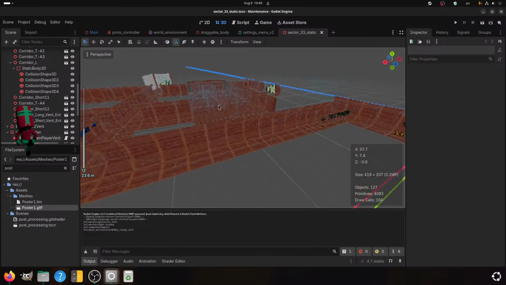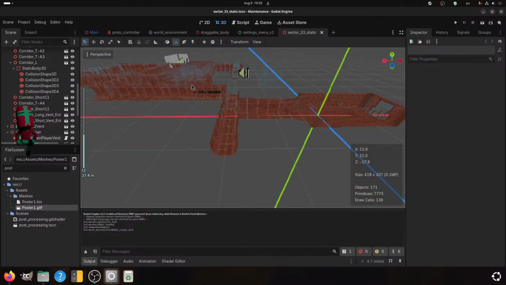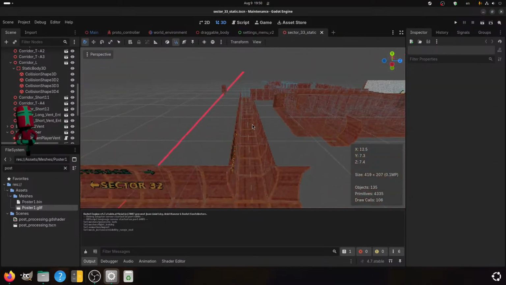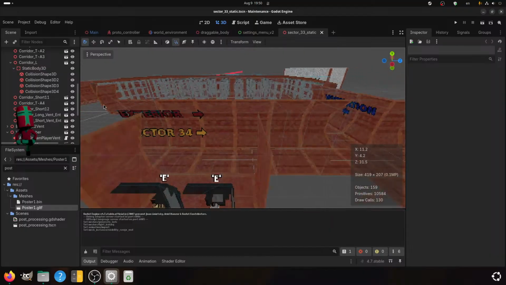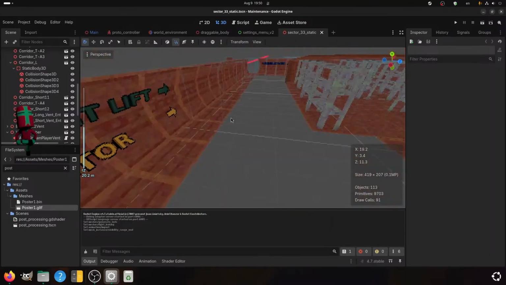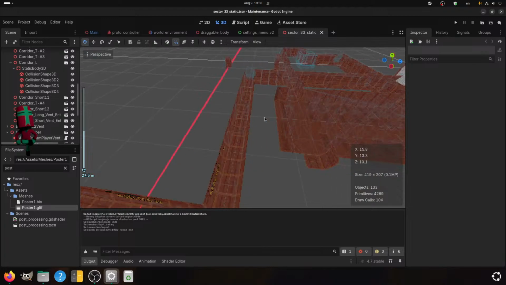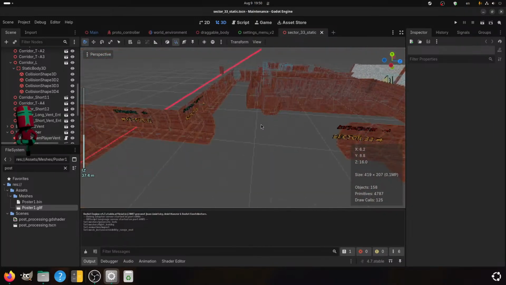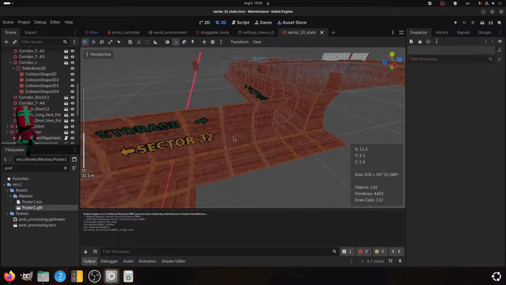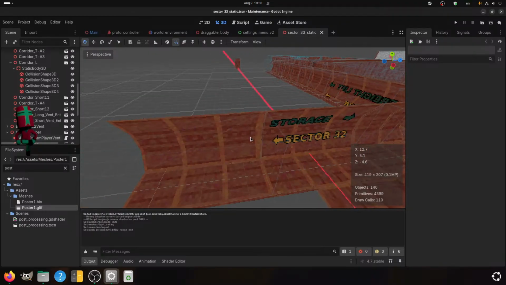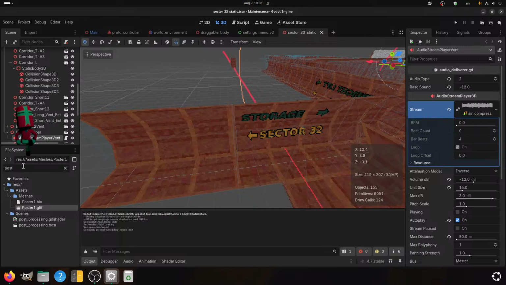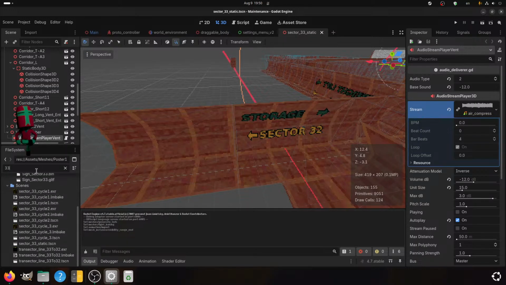And now I can place this somewhere in here. I think it will be... Yeah, we can put it here by the entrance, I think. Let me look at the version of the map.